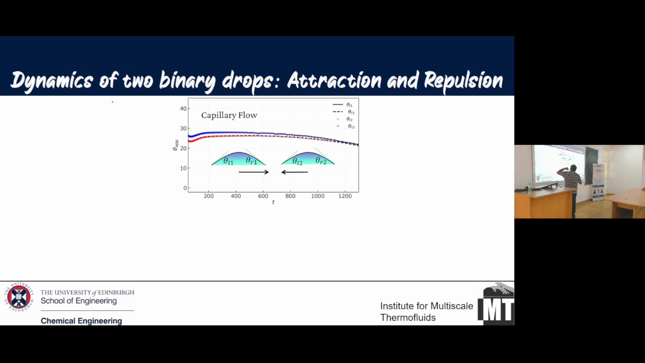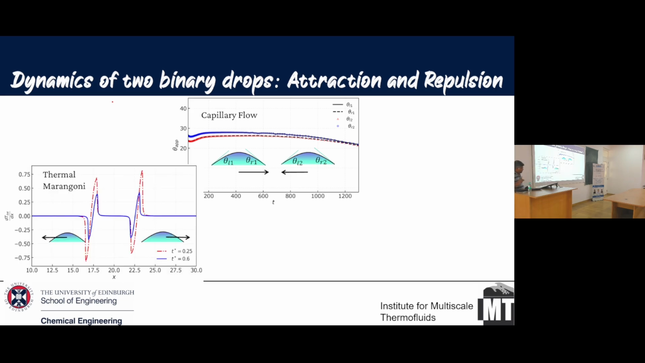So basically, he calls it capillary flow because he's purely looking at how your theta has changed. Okay, but then what we want to check was why are they attracting each other? So basically, after several experiments, we noticed that if you keep increasing your thermal Marangoni, you actually accelerate the repulsion